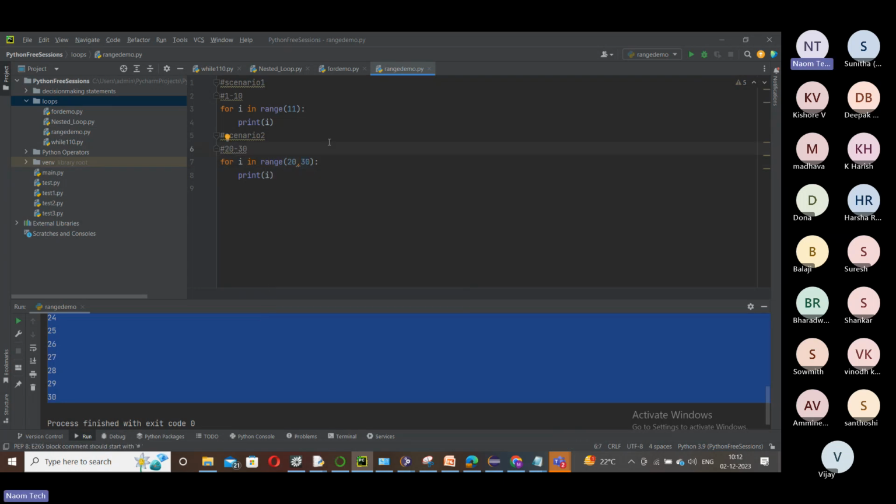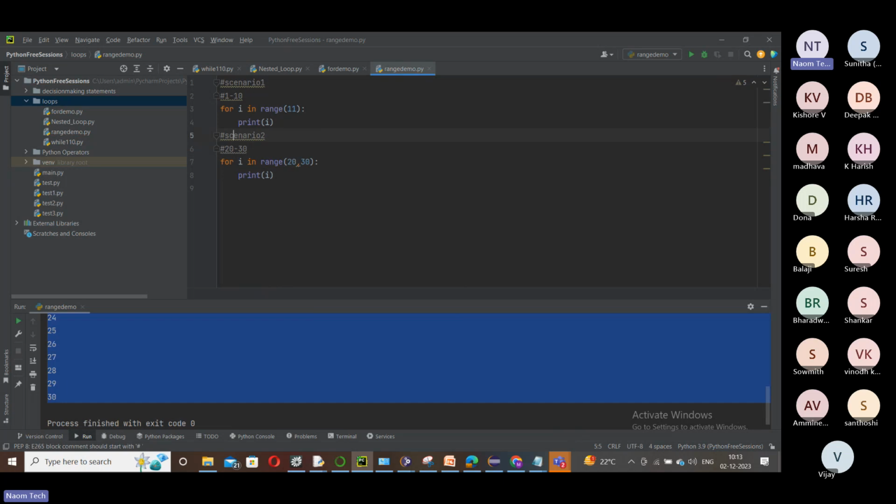Again, you have a question. I want to reverse it. Now I want to print in descending order. These two are simply working in ascending order. I don't want these two. I want something in reverse order. Then, out of our curiosity, what do we do? Suppose you see here, you put this as 10. I want 10 to 1. Assume that this is scenario 3. Okay, let's play with that now.